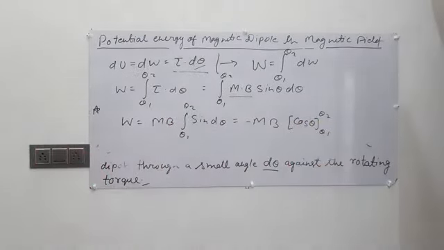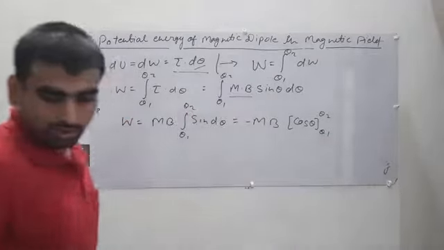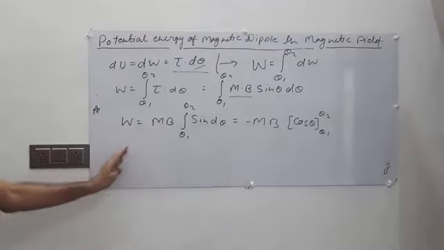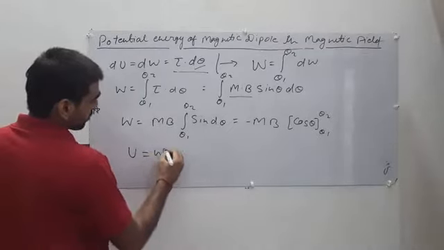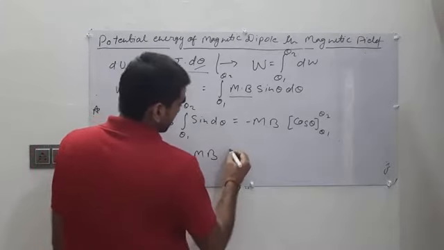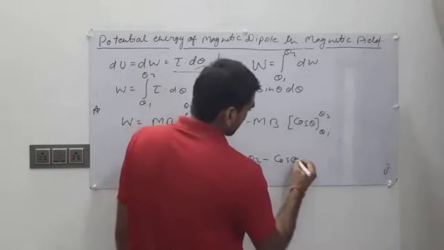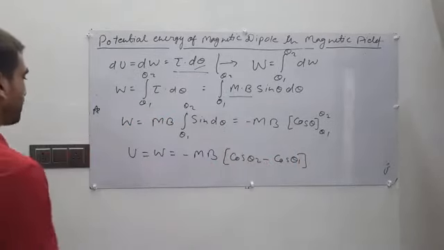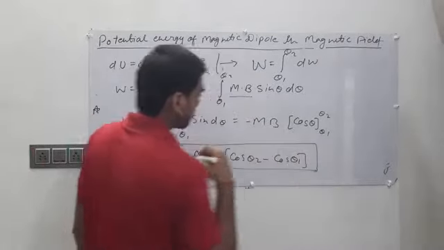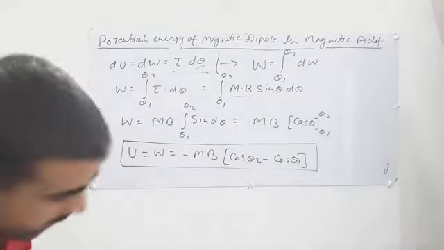Now what do we get? The value of W, or we can also say that the work done is equal to the potential energy. That means U equals W equals minus mb, cos theta 2 minus cos theta 1. So this is the final equation of potential energy with cos theta 2 and cos theta 1 as a factor. Now if we put